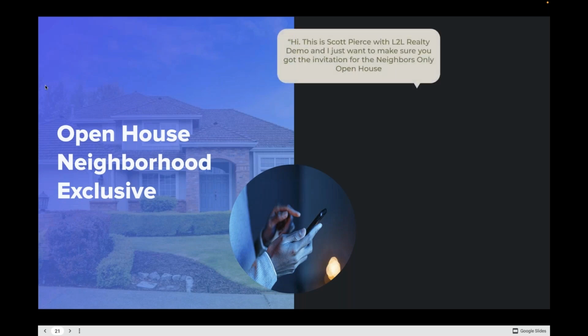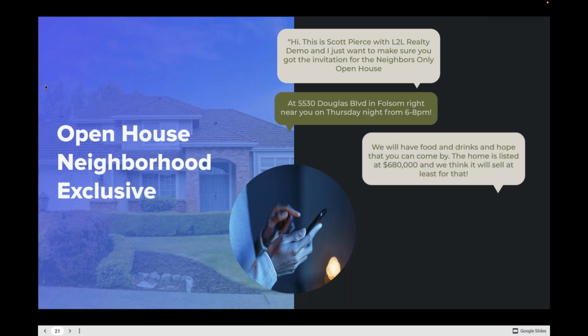So for the neighborhood exclusive, we're going to send out the nearby homeowner letter. I'll walk through that here in a little bit. And then if you have the ability to call them up, I'll walk you through that. If you don't know how to get a list of people to mail to and call, we'll walk through that here in a little bit. But there's a little script right here in the presentation so that we can invite the neighbors to the neighbor